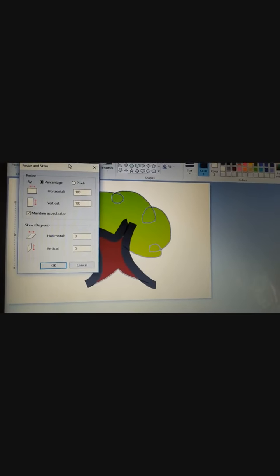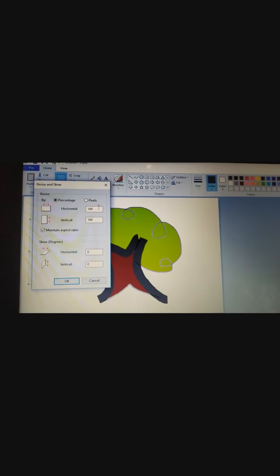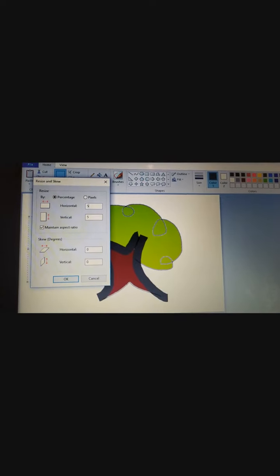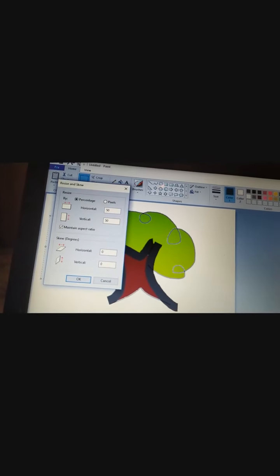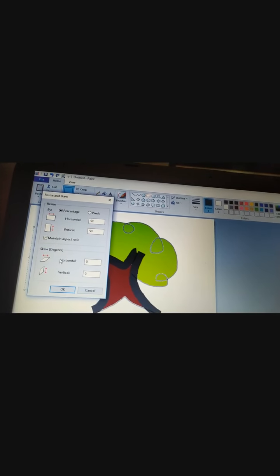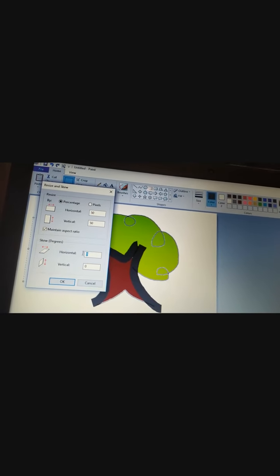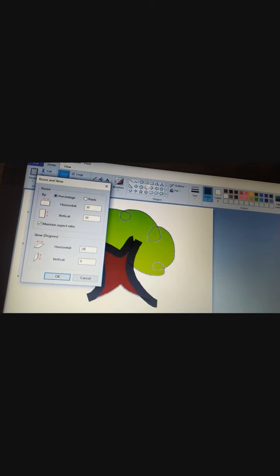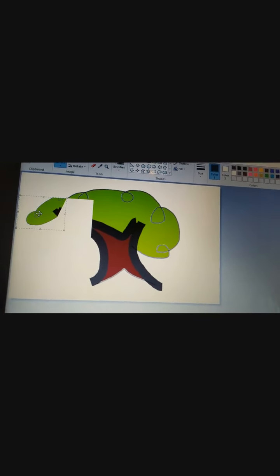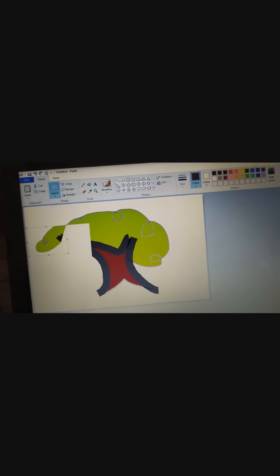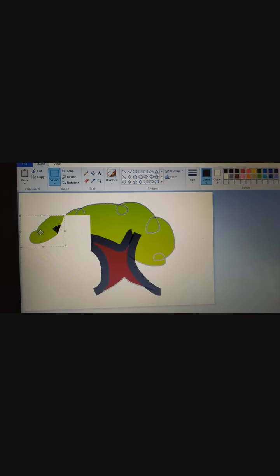Now let us give the resize as 50-50. Next, and the skew we are giving horizontally 20. See, the part of the image that we have selected has turned to this one.